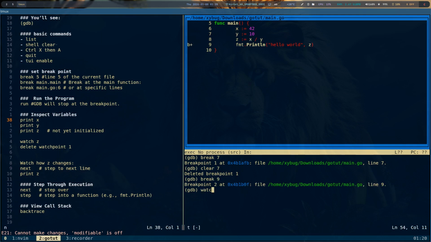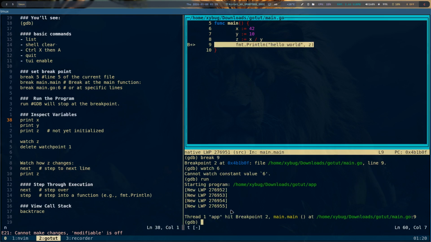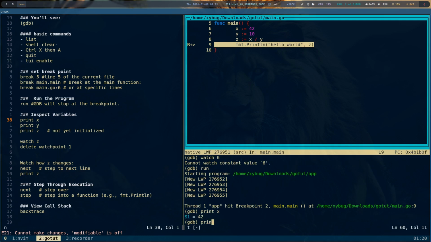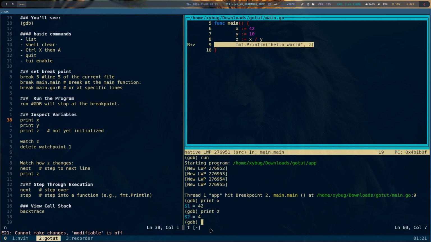You can watch 6. Let's watch 6. So we got this: cannot watch constant value 6. All right, let's run this first. You can print, let's print X. You can print Z, and we have 4 because 42 divided by 10 gives us 4, and discards the remaining 0.2. You can also see backtrace